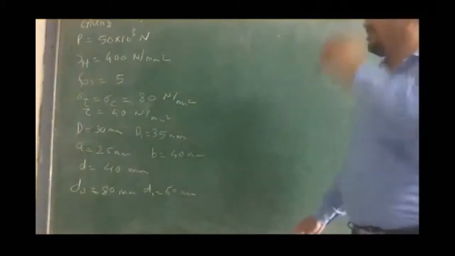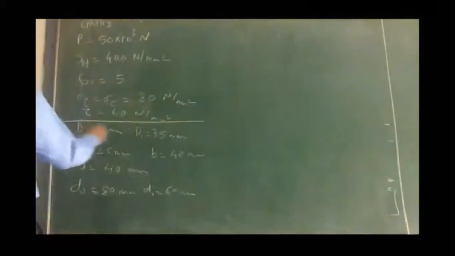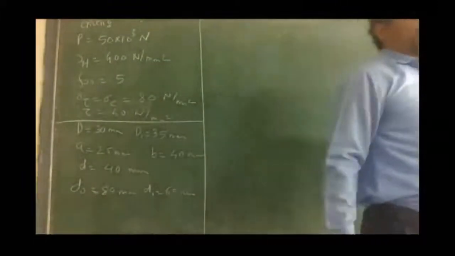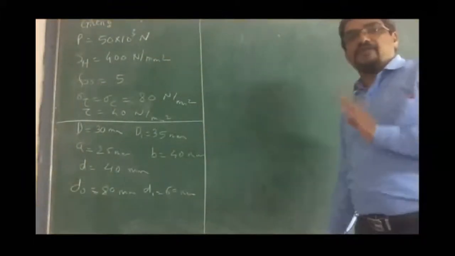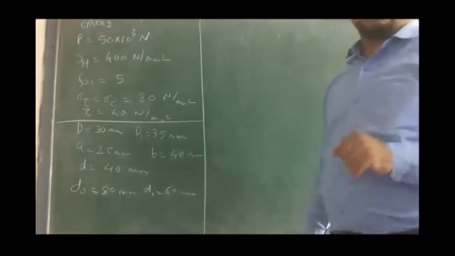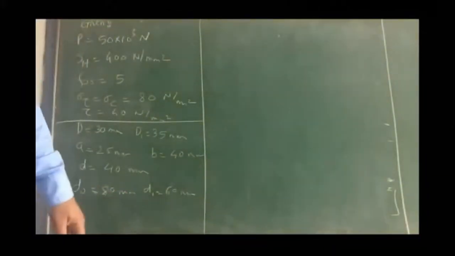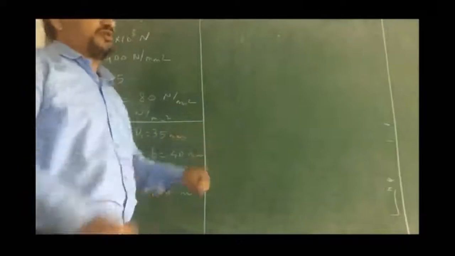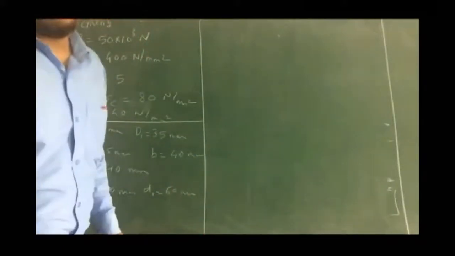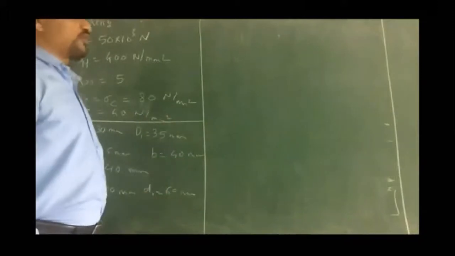Now we have all the dimensions. With this our dimension part is done. Now we use these dimensions to check different kinds of failure. Basically our fork and eye will fail in shear, crushing, right? So we will check whether this joint whatever we have designed will survive, or it might fail in 3 ways: normal tensile stress, crushing, or shear. For all these 3 we have to check whether our design will work or our joint will not fail.